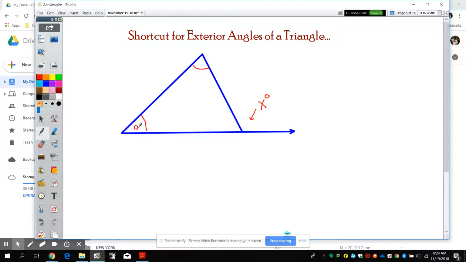So let's call this one A and this one B. So A, whatever A is, plus whatever B is, will equal this one on the outside. Okay. So notice, not the angle right next to it, but these other two angles inside the triangle. If you add those together, will always be equal to this angle. Now, how this becomes useful